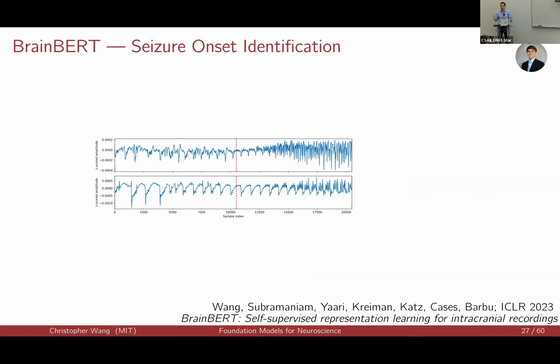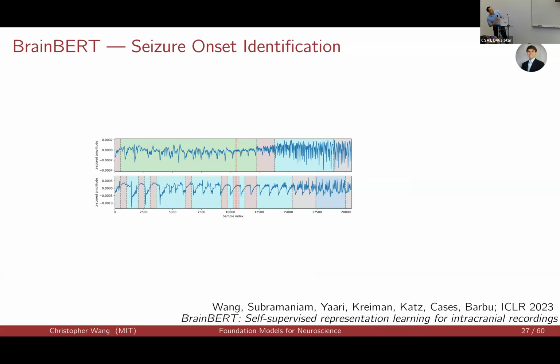And we think BrainBERT can make this more efficient because BrainBERT gives you the ability to represent intervals of activity as a single vector embedding. You can compute the similarity between embeddings, and you can group embeddings by similarity. And you can get then kind of bottom up a segmentation of the signal. And the inference we're going to make is that if there's a transition between pre-ictal and ictal activity, it's probably going to be at the transition points between one of these segments. This is also work that we've just started doing. It's a collaboration with Mass General Hospital.